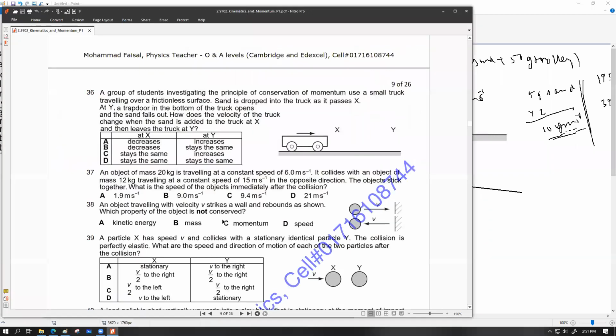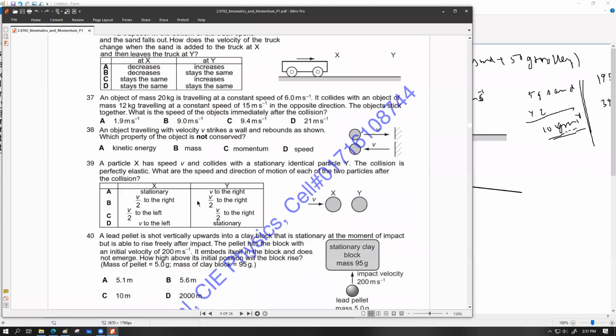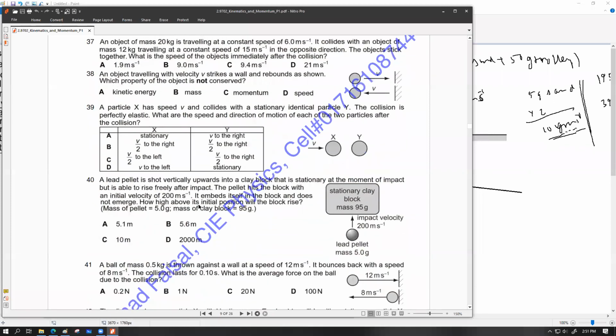All right. Next, anything else that you have over here? I want to solve number 40. Number 40 is a pretty interesting problem. Students usually make a lot of mess for this problem. 40 একটু আমরা দেখি।